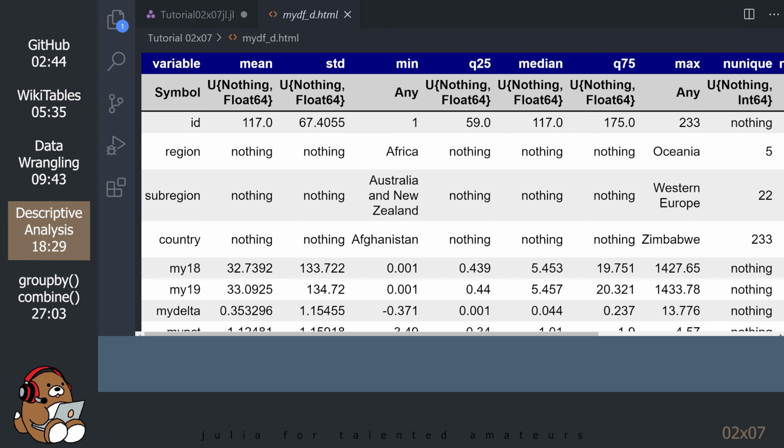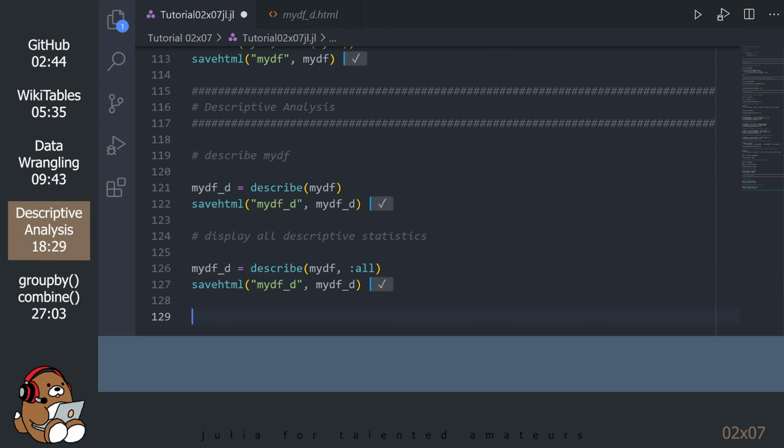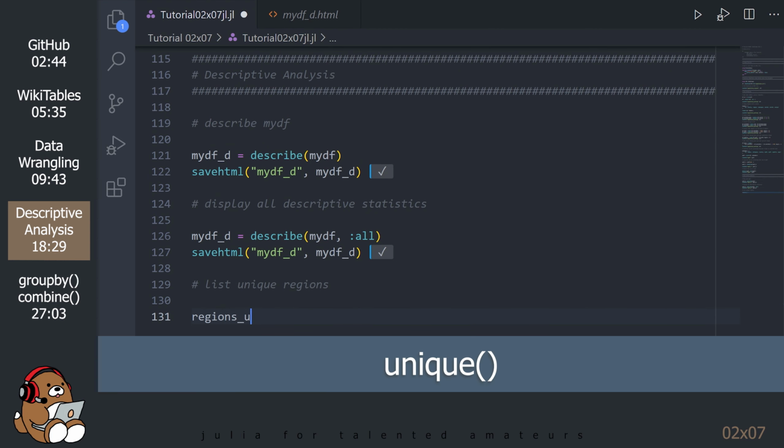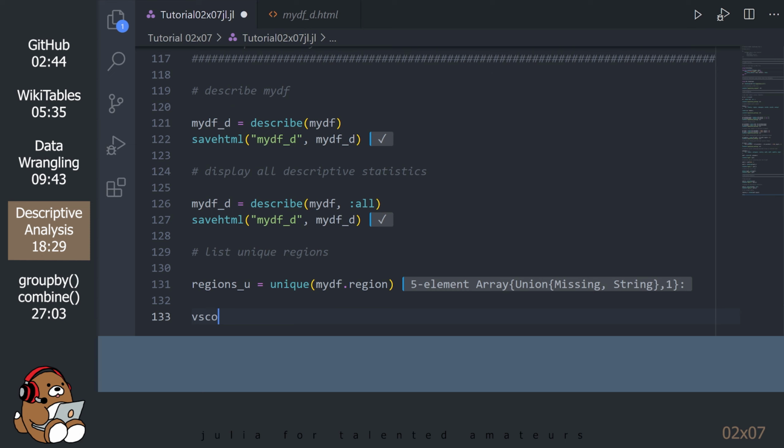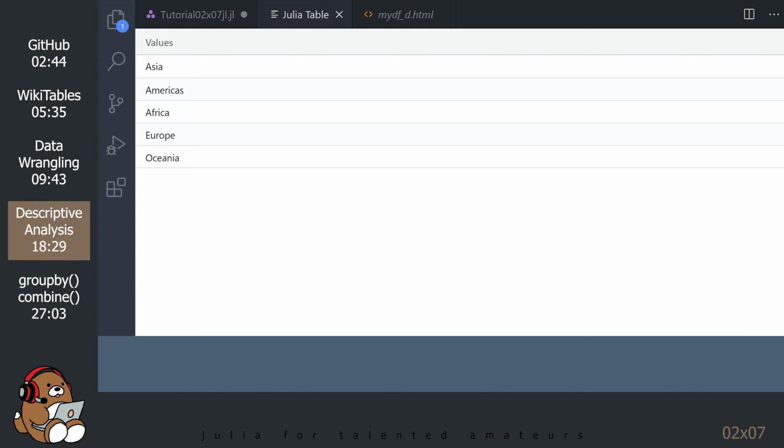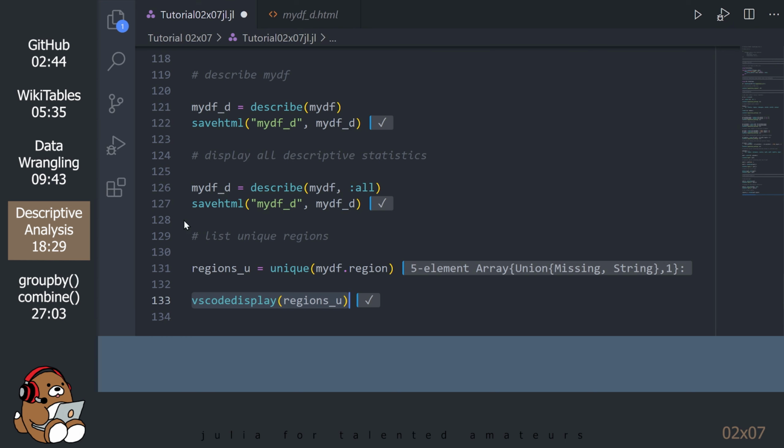Let's take a look at the different regions. In order to get a list of all the unique regions, use the unique function. This is a 5-element array, so we can take a look at it using VS Code Display. Click on the values header to sort the list alphabetically. Let's take a look at the subregions.